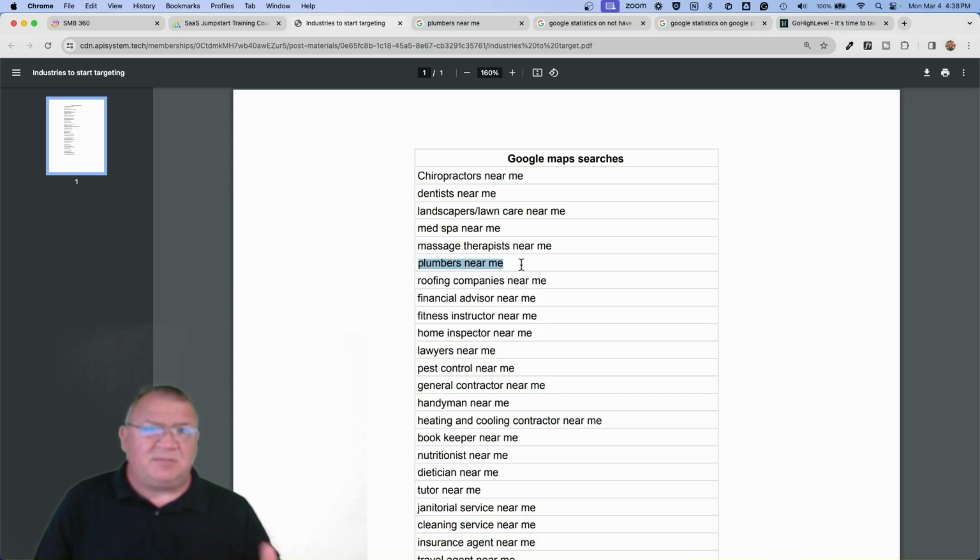I'm actually going to focus on the plumbers near me for this example, because I want to show you an example of this and how you can begin using this to find people really quick on Google Maps and start targeting people to give them a call, send them an email, and let them know that, hey, I'm not sure if you're aware, but I wanted to go on your website to find out about your services, but you didn't have a website listed. Oh yeah, we've been trying to get a website listed, blah, blah, blah.